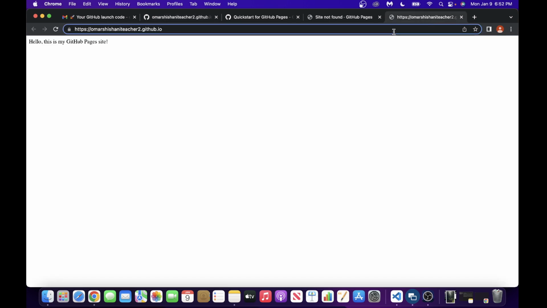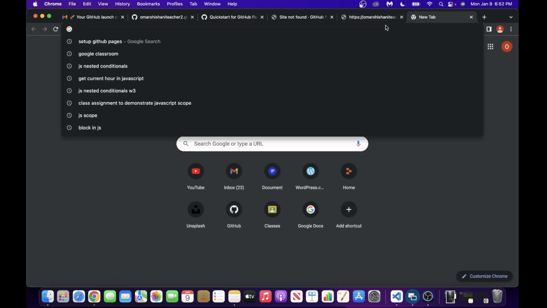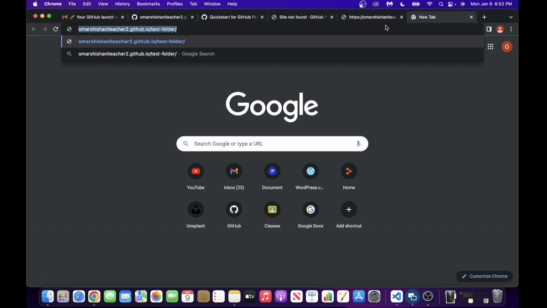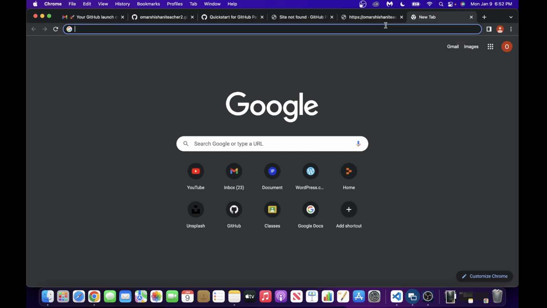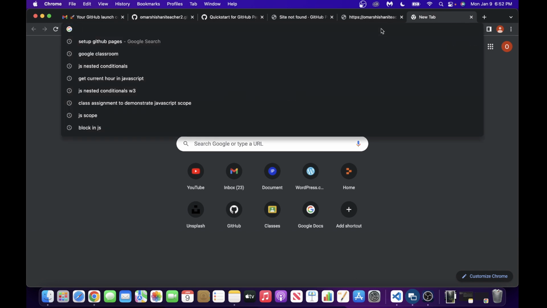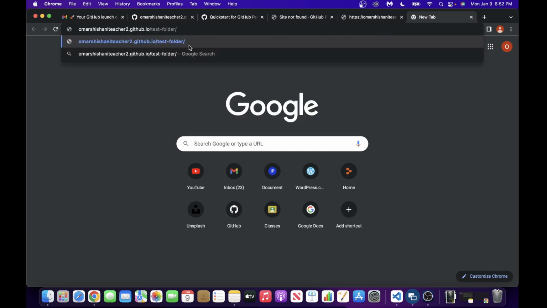Copy. I'll go here. I'll open a new tab actually. Paste it in there. And then just type in the index.html at the end. That makes it less prone to typos. And then you see, this is a test project. So this is going to be great. Once you have this set up, you can